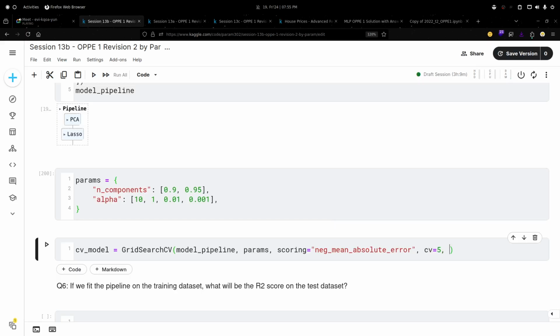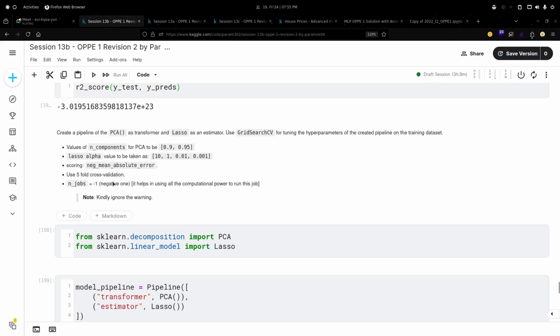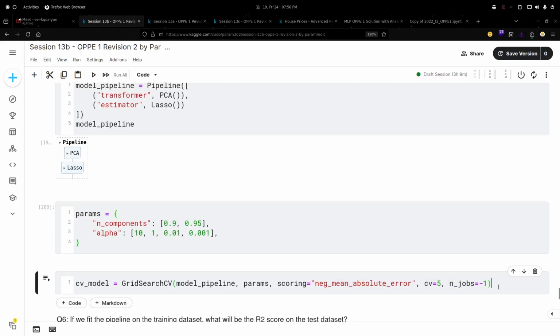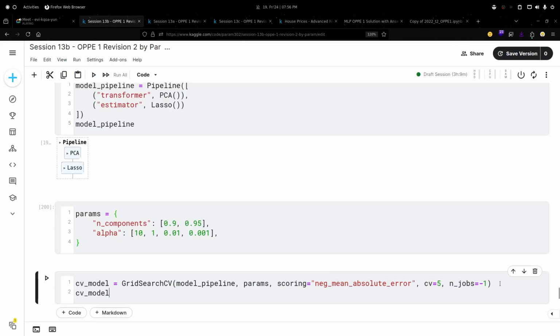CV is 5, and it has also written n_jobs -1. n_jobs -1 basically means use all the CPU cores and threads for the computation, so that will lead to faster computation. Obviously that will lead to more CPU usage too. So I am here fitting the data into the model. Is this correct? Should I run it?